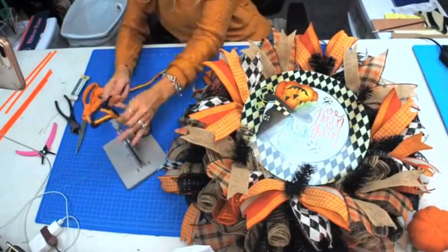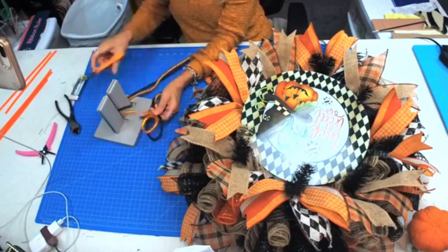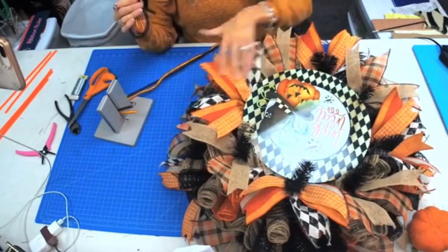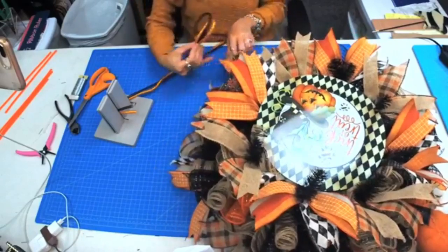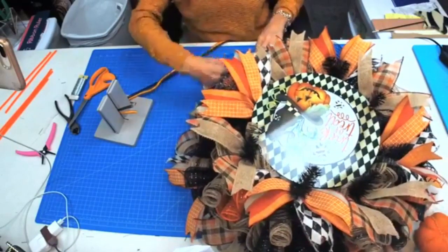I've been trying to practice doing handmade bows, because I use the Easy Bow Maker. But y'all, I'm just not that coordinated. So I'm going to start on the bottom ones, and I am going to put the tubing in with